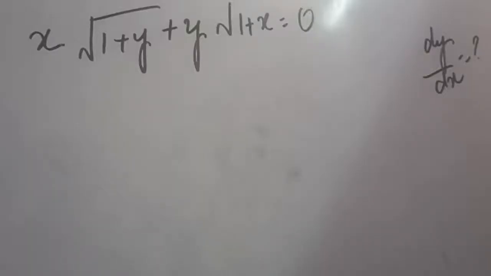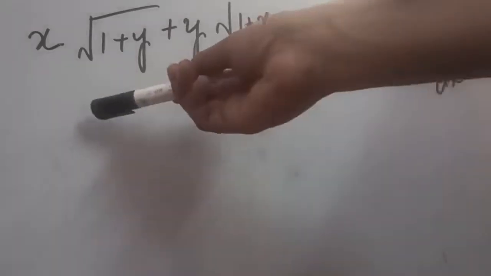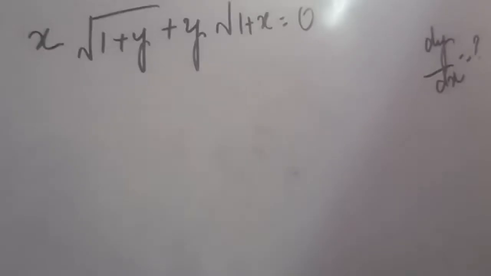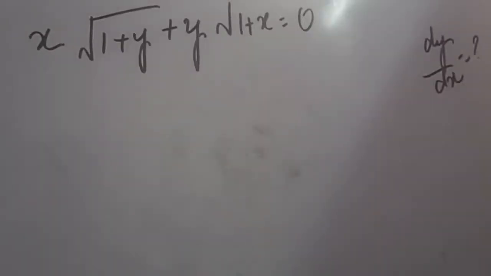This is another type of question which can be asked. You have been given this equation is equal to 0. Finally, find dy upon dx. So we can see from such questions that both the functions have been included in one equation. So it is very much clear that here our parametric equations method will be applicable.